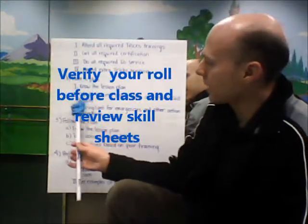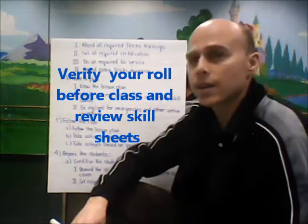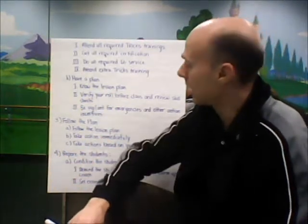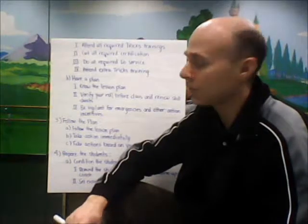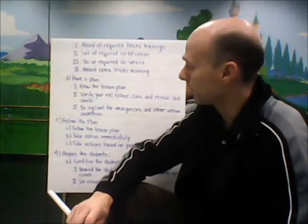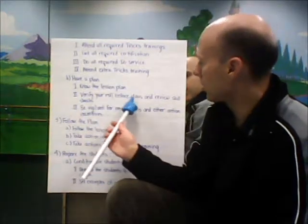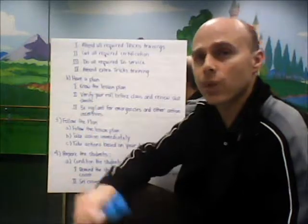Along with having a plan is verify your role before class and review skill sheets. This is important for safety because number one, you've got to know who you're expecting. That helps everybody get on the right track. It helps you keep a focused frame of mind. If you know which students are yours, you're not answering confused parents' questions about where their child belongs, whose class or what. You also know what you're expecting as far as reviewing the skill sheets,